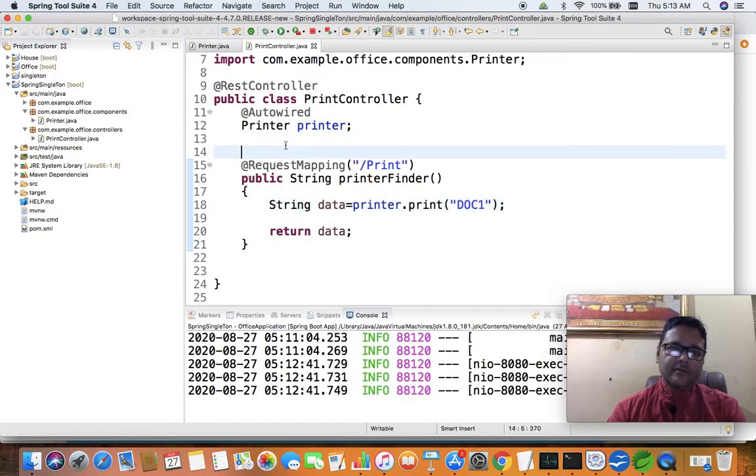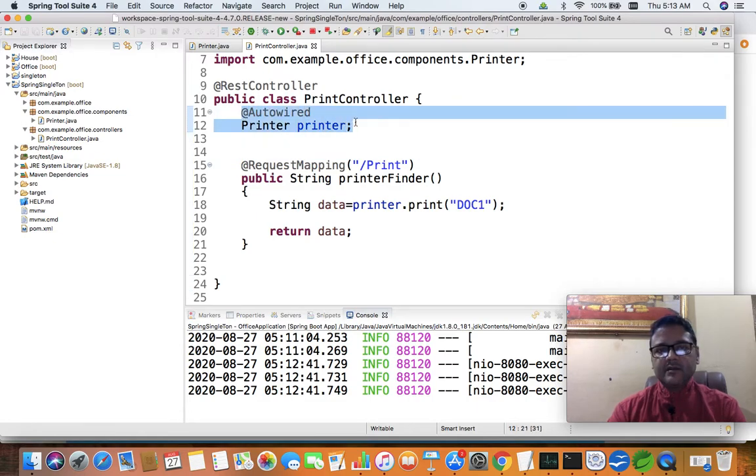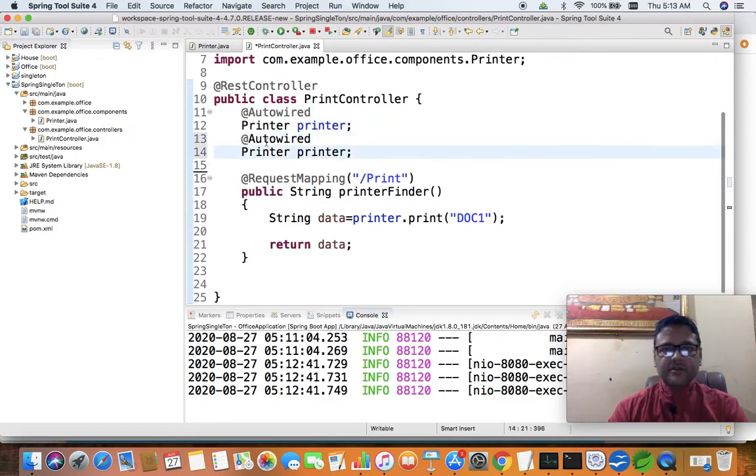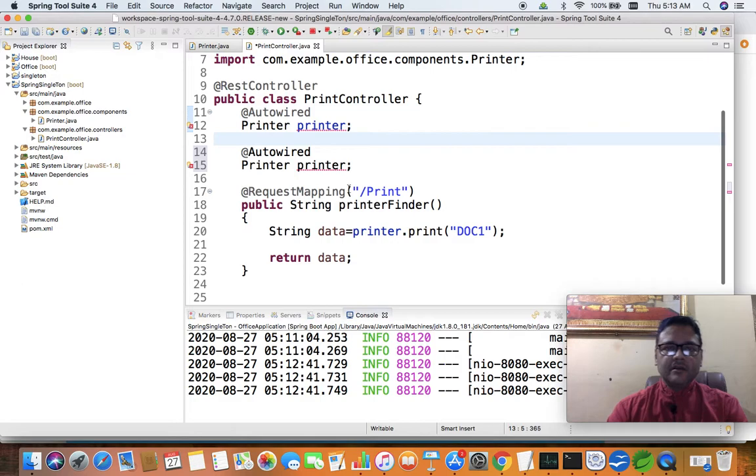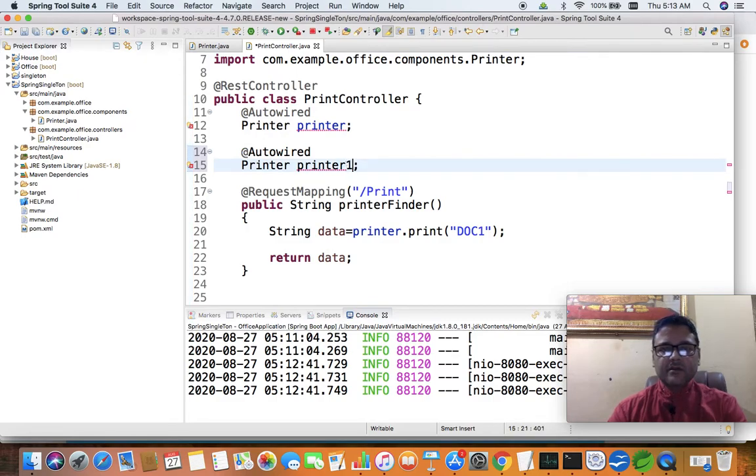Now let us test. Suppose I will repeat this line, Autowired, I will repeat. Autowired, then the printer object which you have created, let us repeat it. According to the syntax, we cannot go for creating or using the same name. I will use it as printer1. So you can see, I have used Autowired twice and I have tried to initialize the printer class twice.